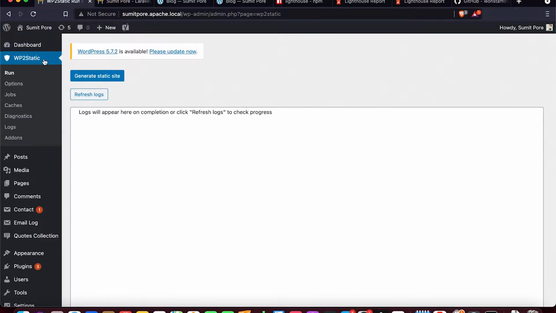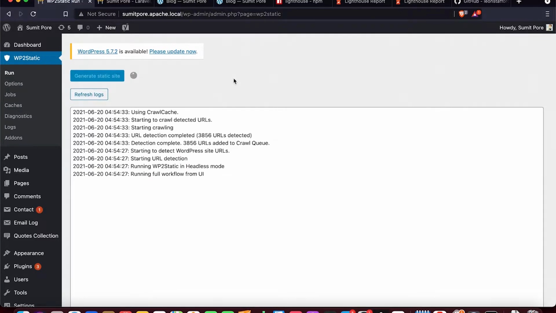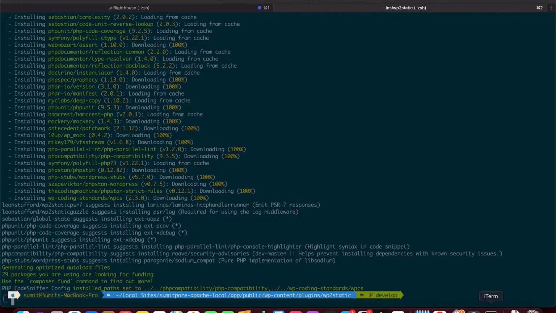After installing WP2 Static, we will need to ask it to generate the static site version of our website. So we'll just click here, generate static site. And to see the progress, we'll have to click here, refresh logs. While it is creating the static site, we will go here